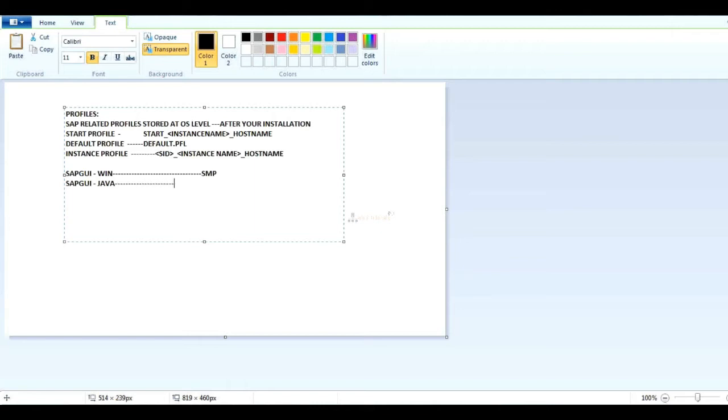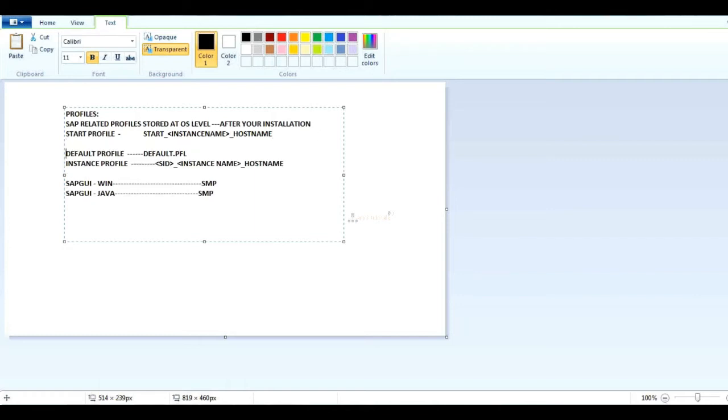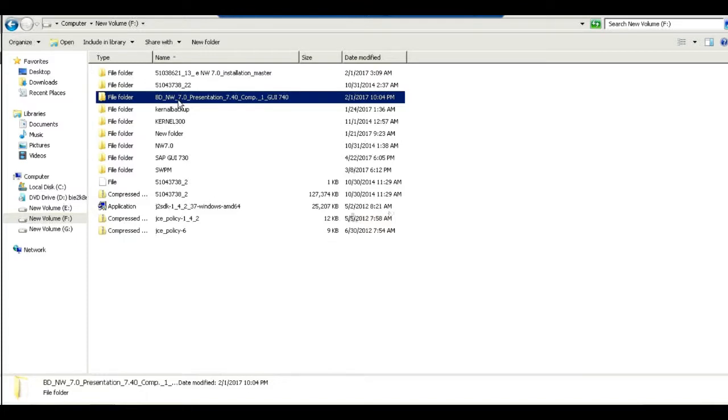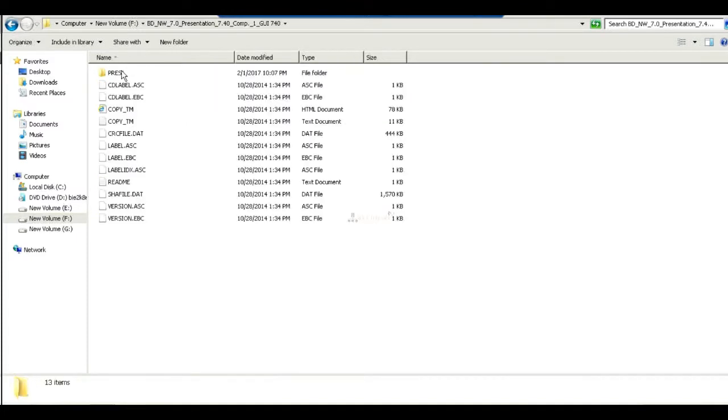If you are using any Unix flavors, you need to download SAP GUI for Java from Service Marketplace. Each and every SAP GUI will have a version with some patch level. Got it? That's my presentation.